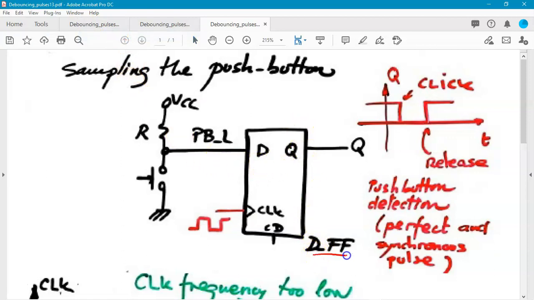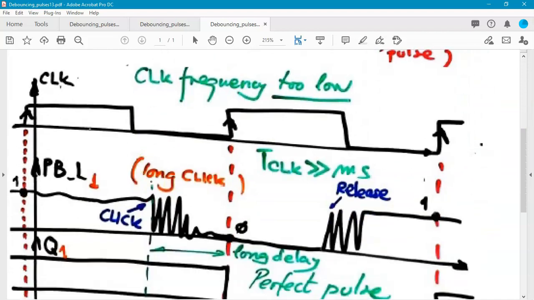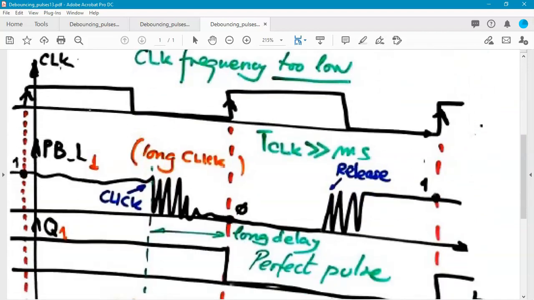The data flip-flop for sampling the push button, trying to get the perfect pulse, which means a detection of the clicking. This is what you would like to detect here. You may think about a clock frequency that perhaps is too low. What is the meaning of this? The meaning of this is that you now have very few